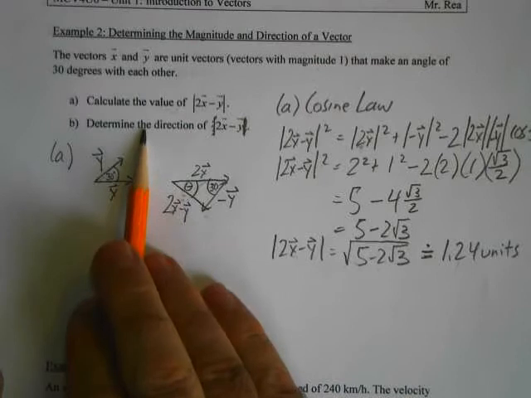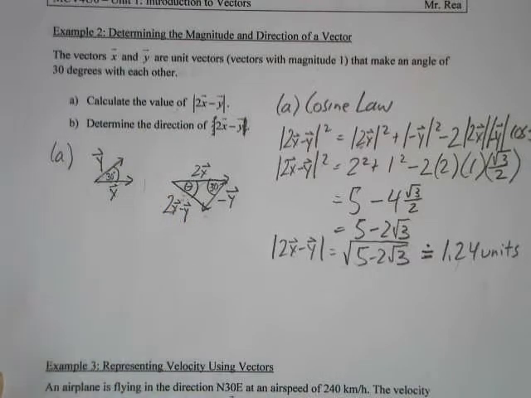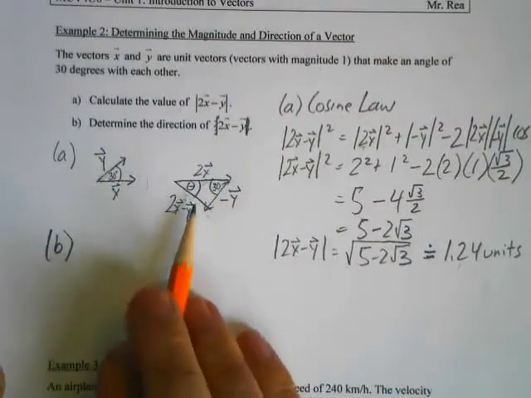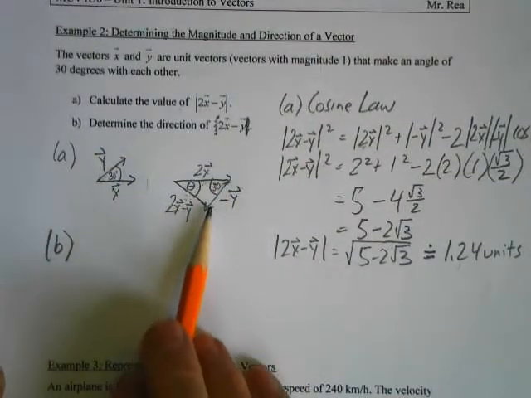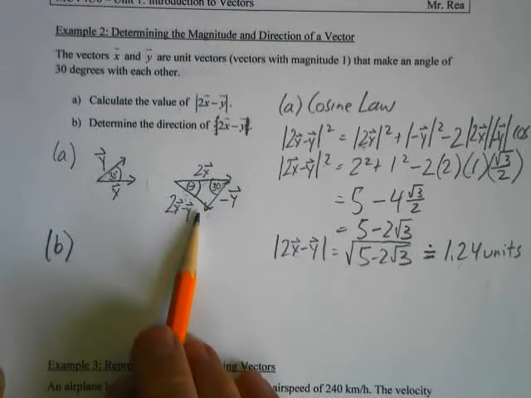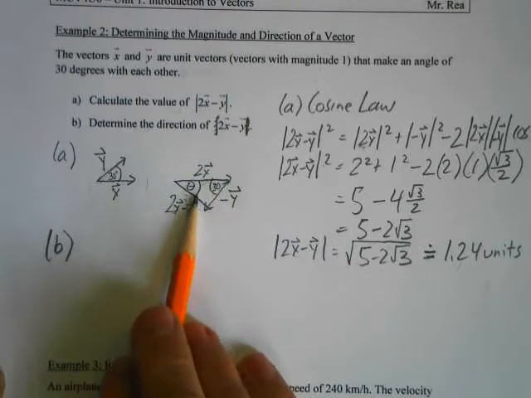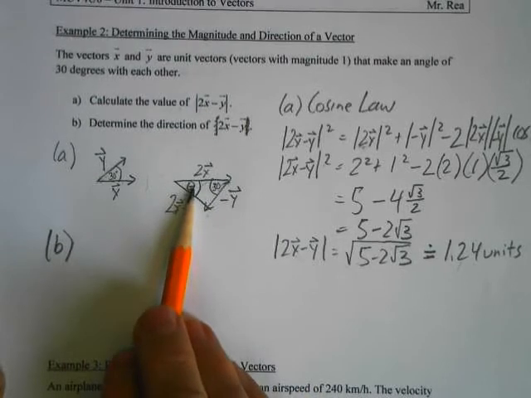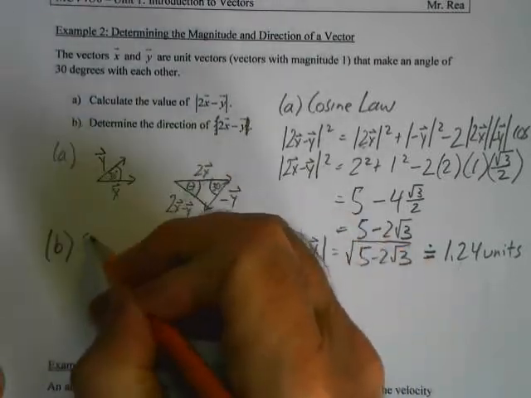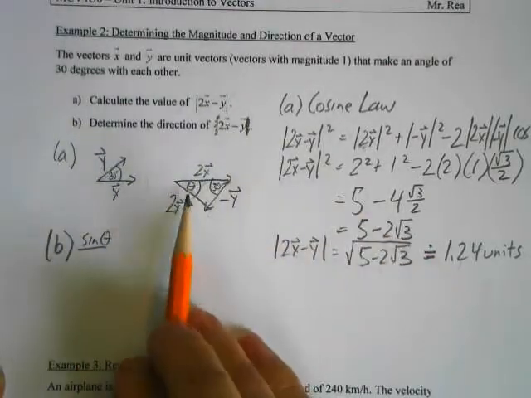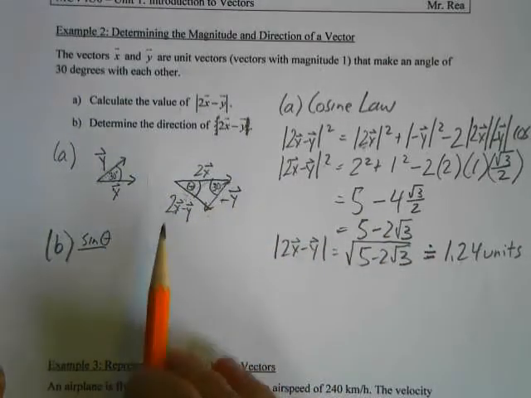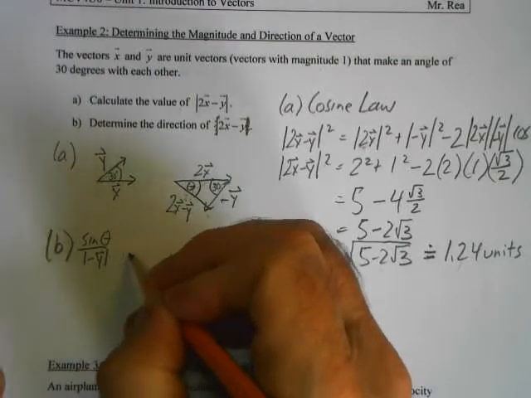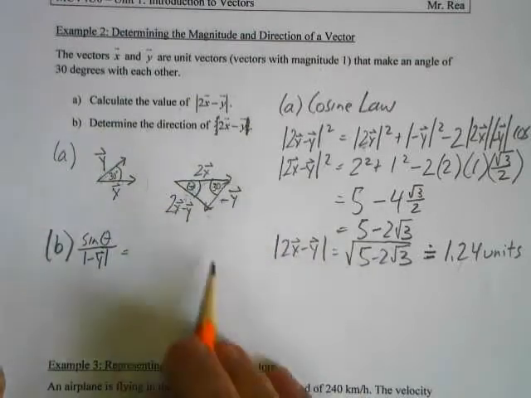The second part of the question wants to know the direction. So I can do that over here. Now that I've got my magnitudes of all three sides, plus I've got my angle 30 over here, I'm going to use sine law. So I'm trying to find theta. So I'll start my equation off as sine theta over the magnitude of the opposite side, which should be 1. Well, I'll just put that in here. Magnitude of negative y is equal to,